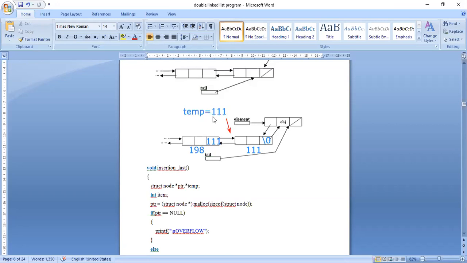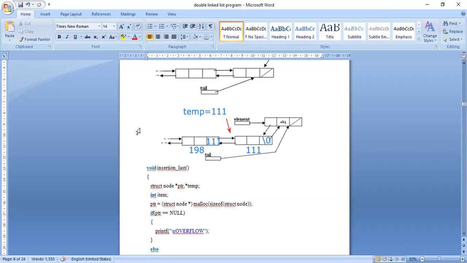So again, temp of next not equal to null, I will check the condition. It is equal to null. So I will stop here at 111. Temp is equal to 111. Now the next step is changing the address links. First, I will start at the starting node of the linked list.